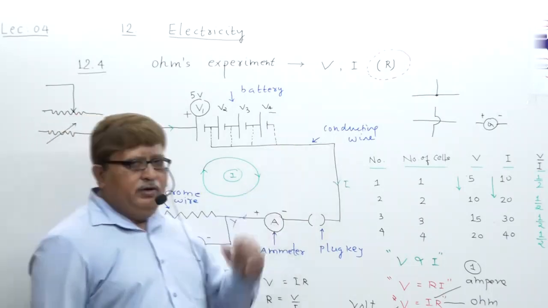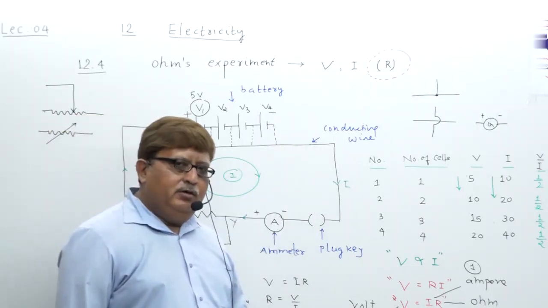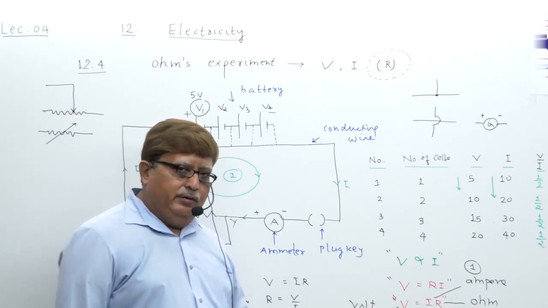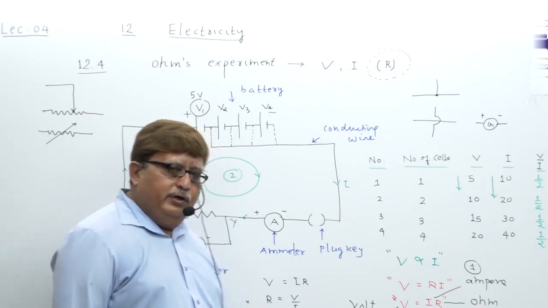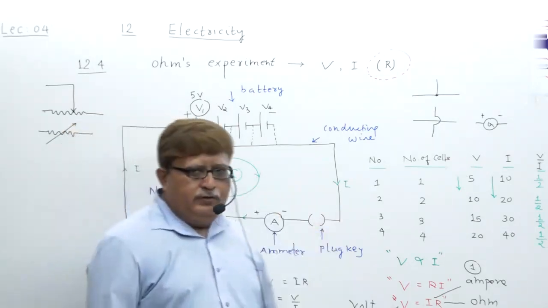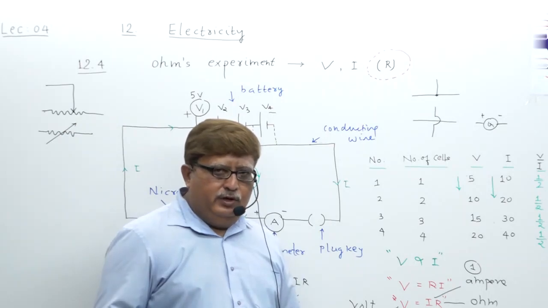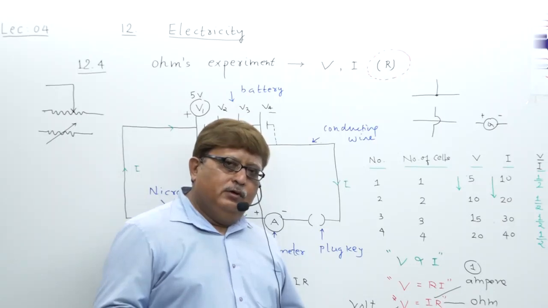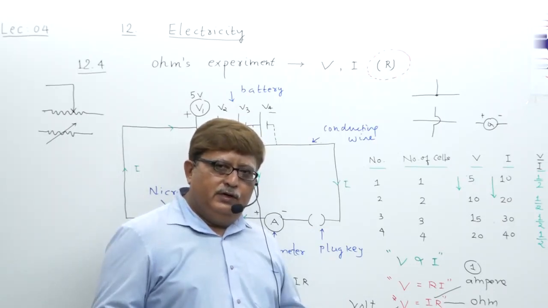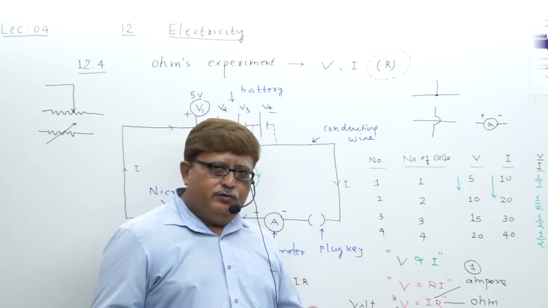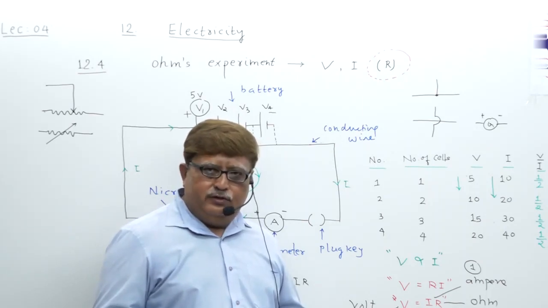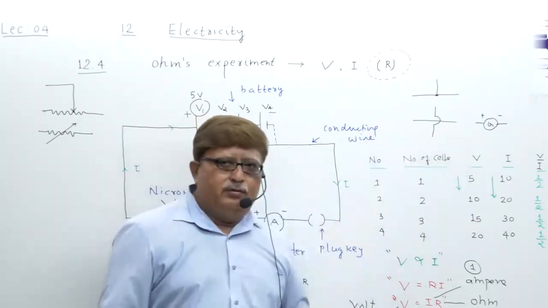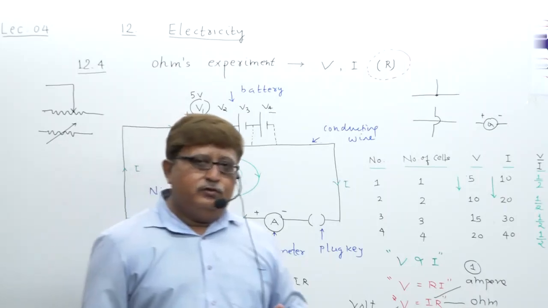Then the role of galvanometer. Galvanometer is actually utilized to just detect the presence of the current. Presence of the current can be detected by a device called galvanometer. Again in MCQ, which of the following devices is utilized to just detect the presence of current in circuit? You will be given any four options. One of the correct options will be galvanometer.